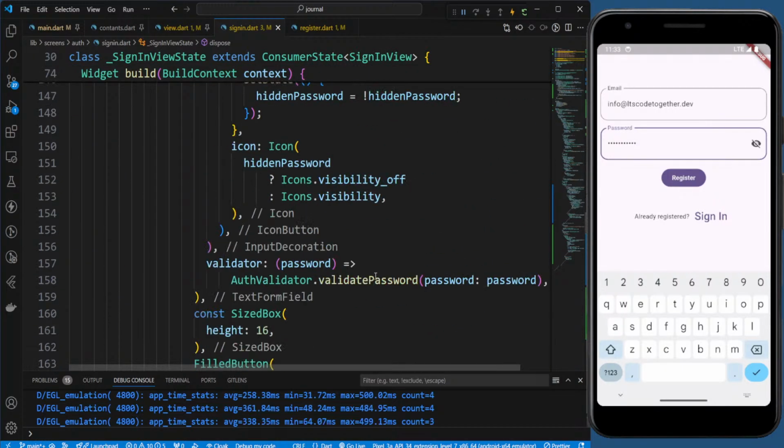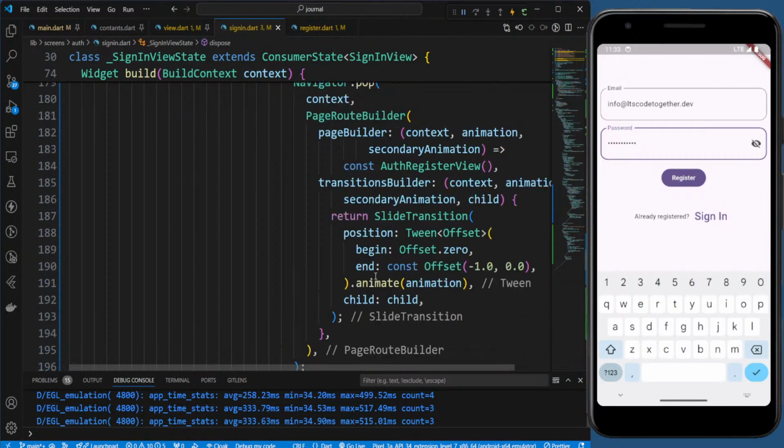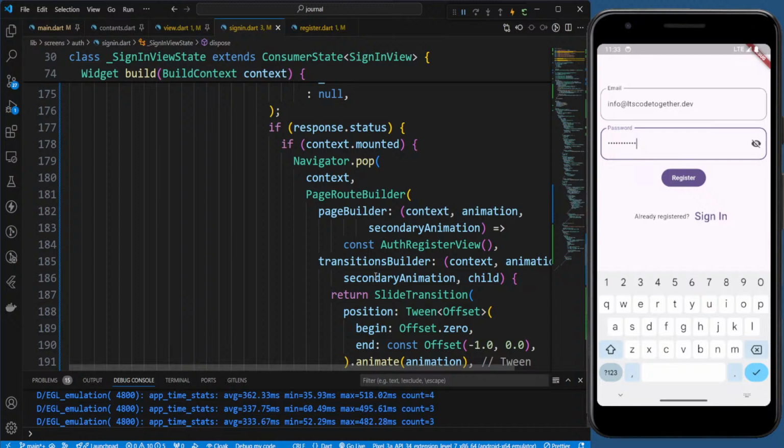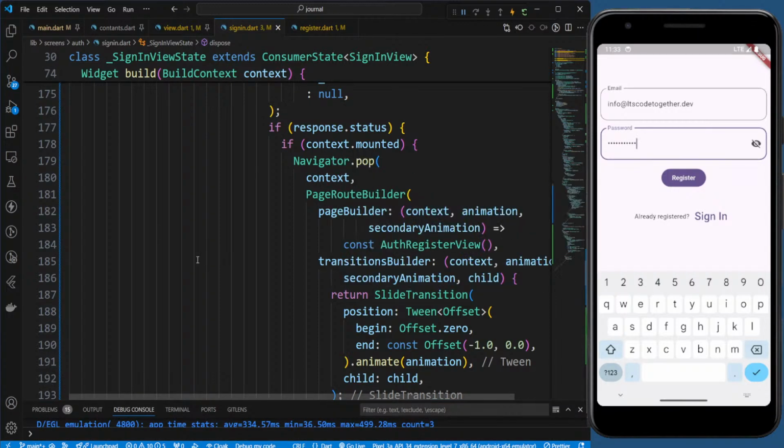Sign in. So we are back to our issue of this going on top of one another page, right? This will be an issue. So what we can do is